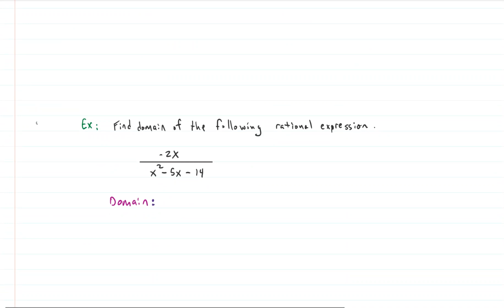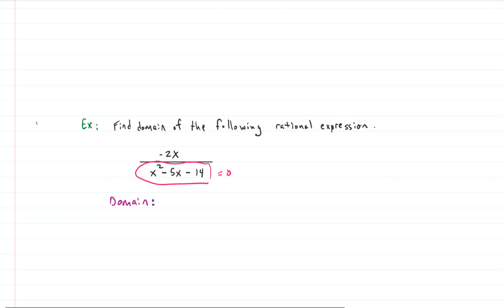All right, here's our last example. Find the domain of a rational expression. And this time, our denominator is a little bit bigger. So our numerator is negative 2x. Our denominator is x squared minus 5x minus 14. If we set the denominator equal to 0,